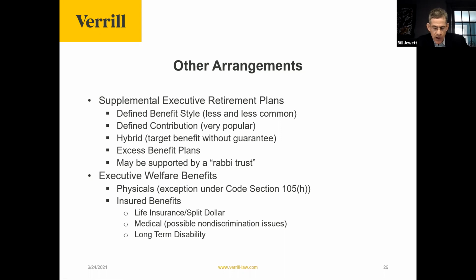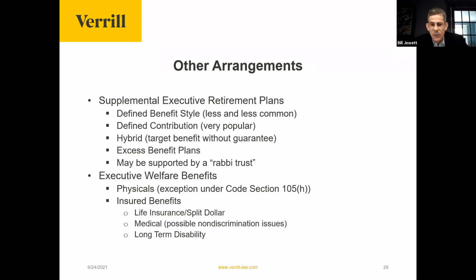Finally, well, two more items. Fully paid medical insurance for executives is possible, but under Obamacare, if it's awarded on a discriminatory basis, there is technically a penalty of $100 a day for each employee in the company, up to $500,000 a year. And I say technically there is this penalty because the IRS came out in 2010 or 2011 with a notice saying, until further notice, we're not going to enforce this penalty. But that might always change.